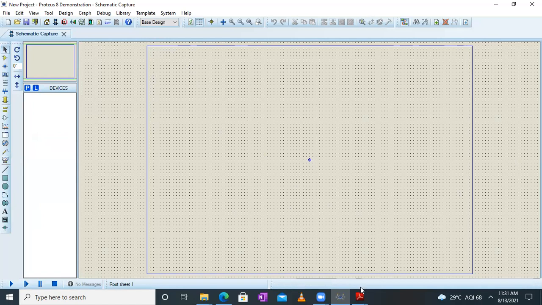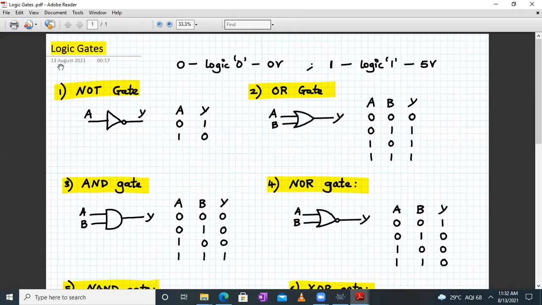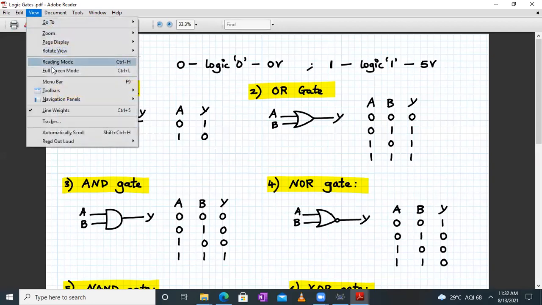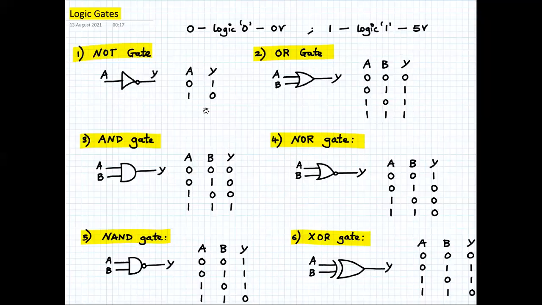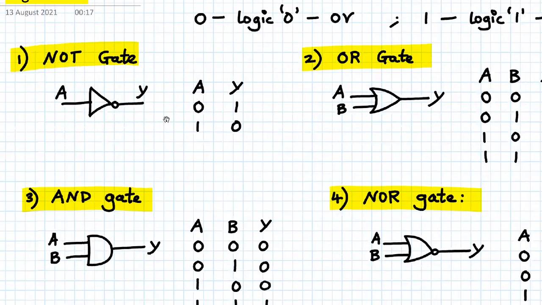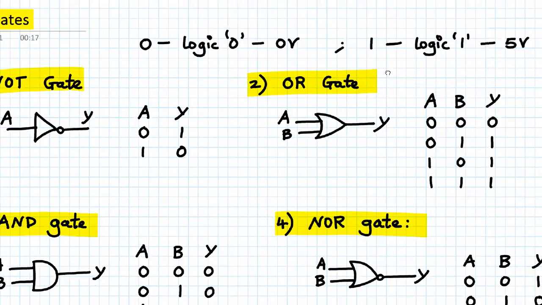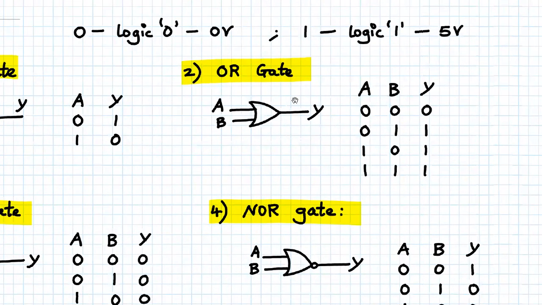Now, let us briefly see what all logic gates we will be implementing. So over here, let me put it into full screen mode. Yeah, so we'll start with a NOT gate. So as we know, NOT gate, whenever we apply a logic 0, the output will be logic 1 over here. And here the logic 0 is nothing but 0 volt and logic 1 is nothing but your 5 volt. And then we will see the functionality of an OR gate. So OR gate output will be 0 when both the inputs are 0. Rest for all other cases, the output is 1.